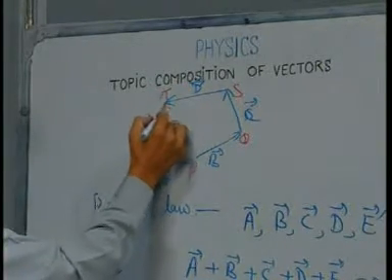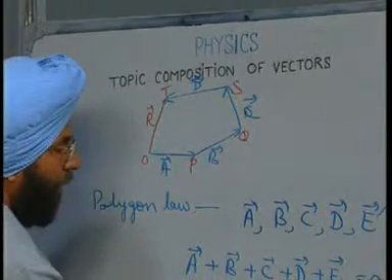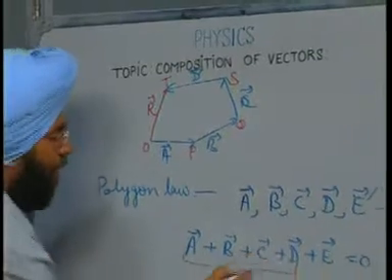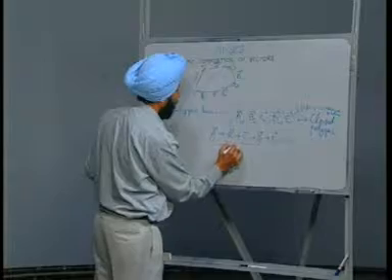So, the resultant of A, B, C, D is given by O T,